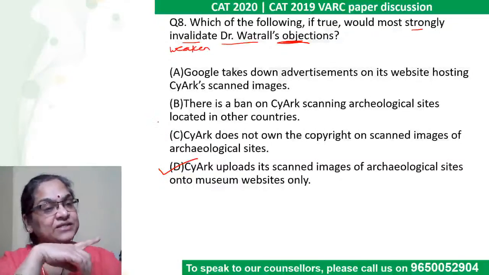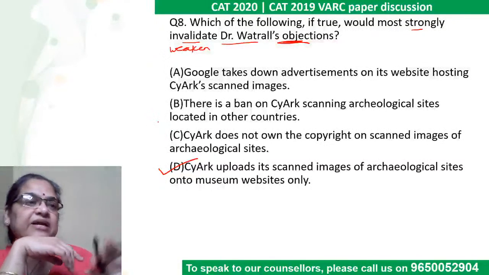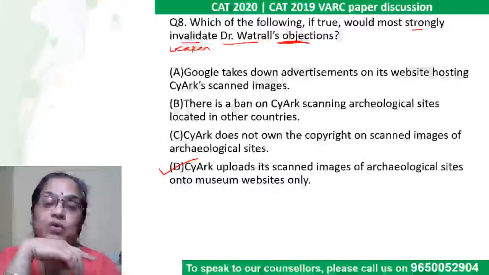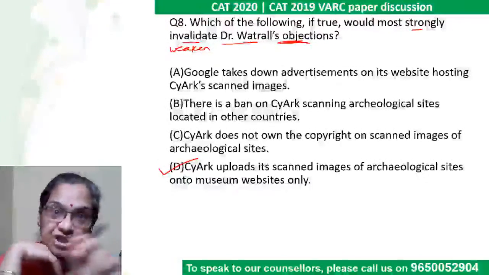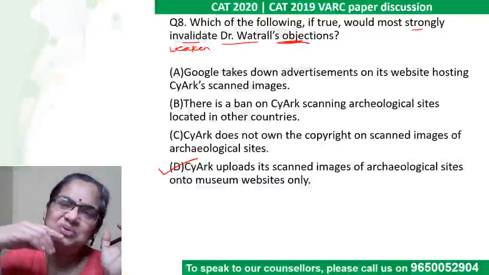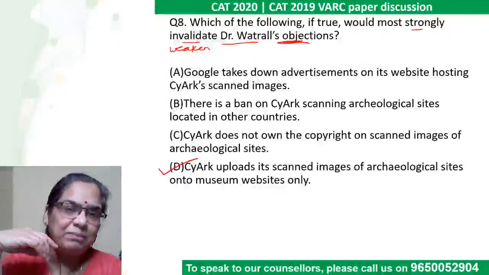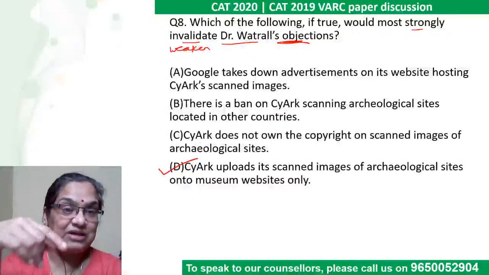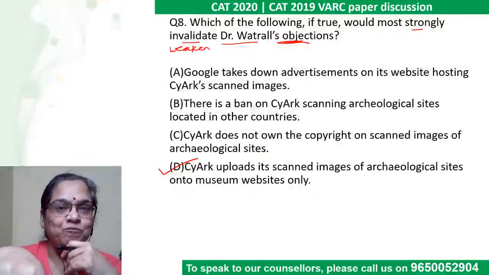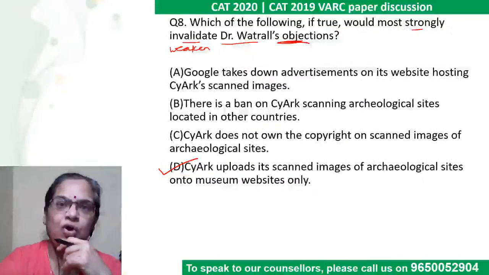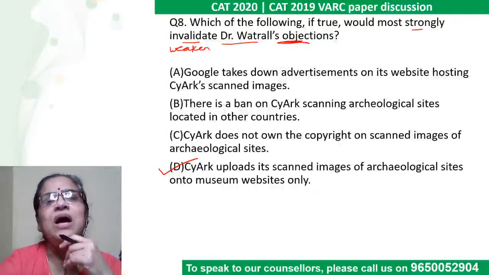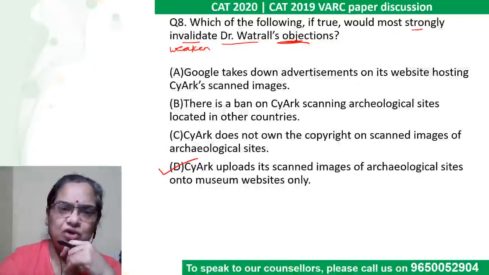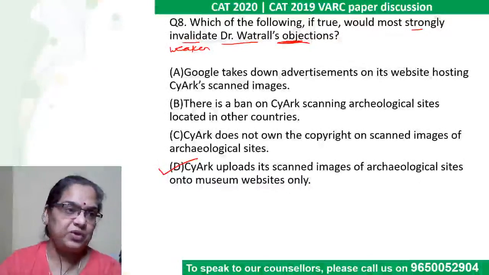Remember, C is for the other guy. Thompson raised the issue of copyright. Vattrell's objections are not to copyright. He says, oh, serious scholarship, every layperson doesn't understand, that type of thing. Therefore, for 8 it will be D. That is Vattrell's objection. They belong to a museum site. They belong to an academic scholarly site, not Google. That's where you get the answer.